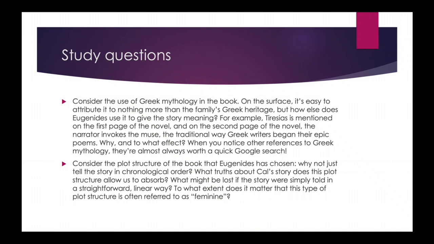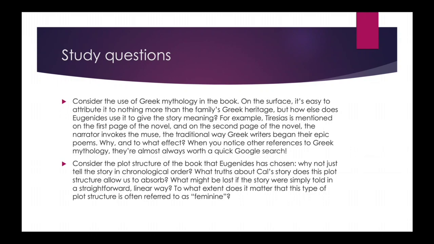So on the surface, as I mentioned a few minutes ago, it's easy to just think of the Greek mythology as being woven into the tapestry of this book because the family is Greek. They have Greek heritage. But also, it seems like Eugenides is doing more with these references to Greek mythology, and often the references have some kind of interesting meaning that's beyond just a surface level reference. So for instance, Tiresias is mentioned on the first page of the novel, and then again on the